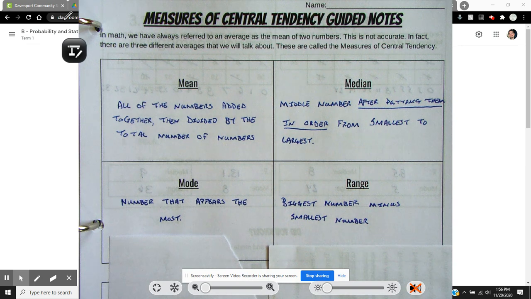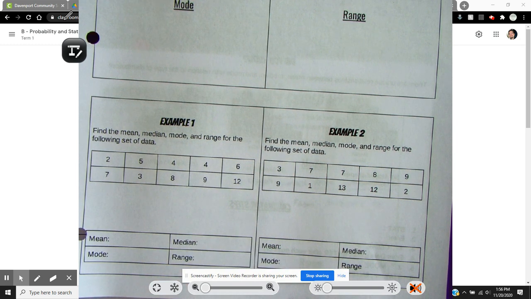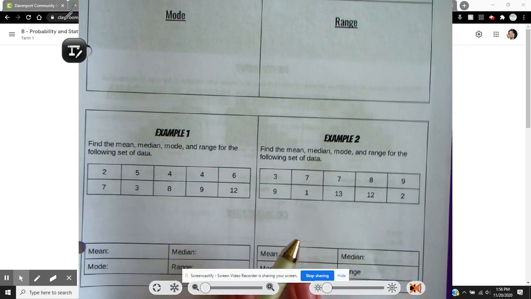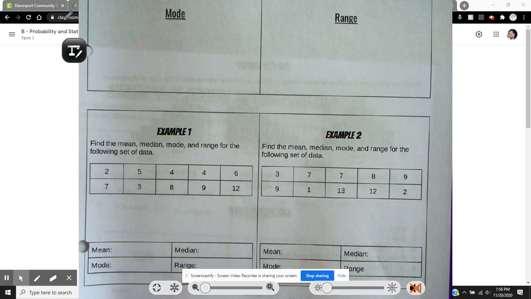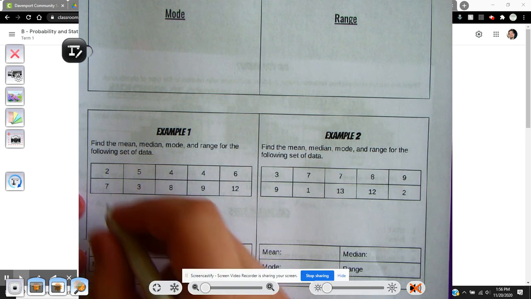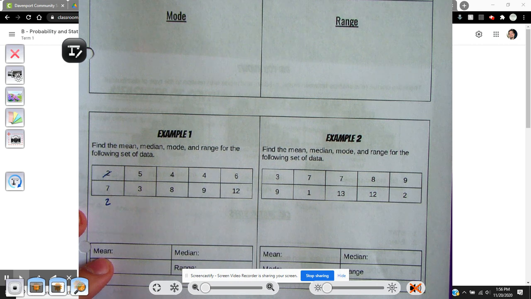So let's look at some examples. Starting off, we're going to find the mean, median, mode, and range for this data. And in order to do this, I like to just deal with the median first. I'll put them in order from the smallest number to the biggest number. So in this case, the smallest number is 2. And I'll cross them off as I go. So 2,